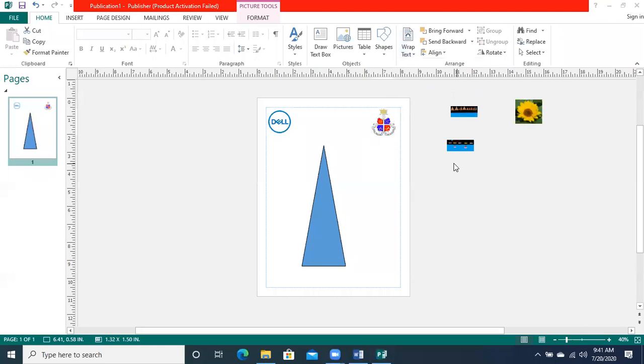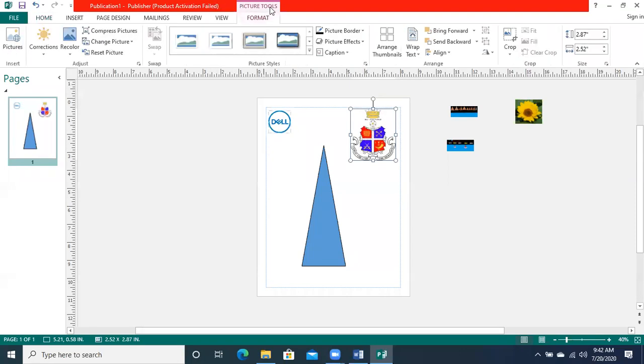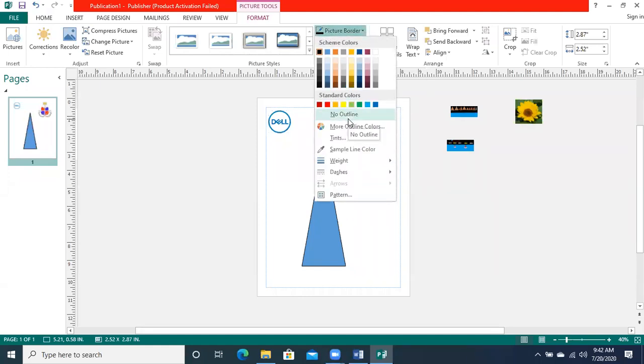The next option: the option in the picture style group to add a border of 2 point around a picture is picture border. For example, this is a picture. If you want to apply a border on it, what option will you use? When you click any picture, picture tools will appear. In the picture tools, you have to find picture border. I have already explained this; these videos are there in your Google Classroom. When you click the picture border, choose in which color and how thick you want the border.